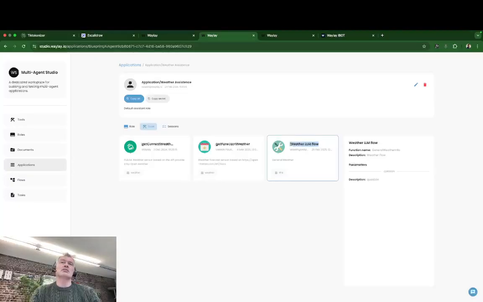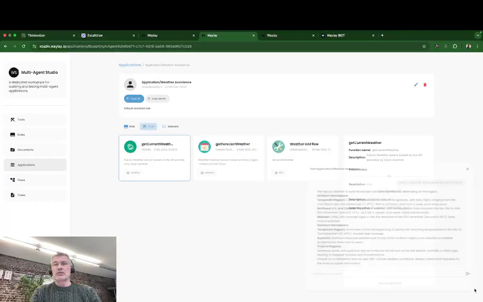Why is that? Because the general query about the weather is probably something that LLM has been trained on, and it's probably going to give you a quite okay result. Otherwise, you might need to call yet another API. Okay, so if I test this one